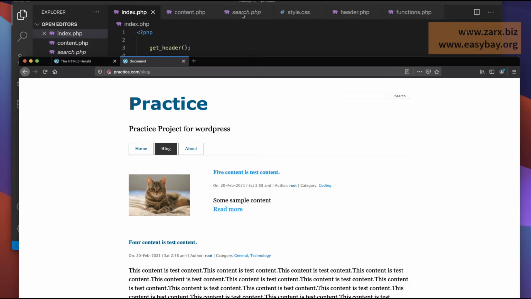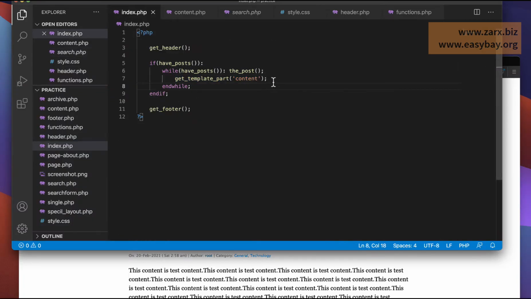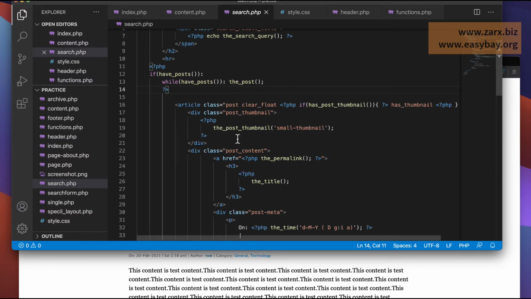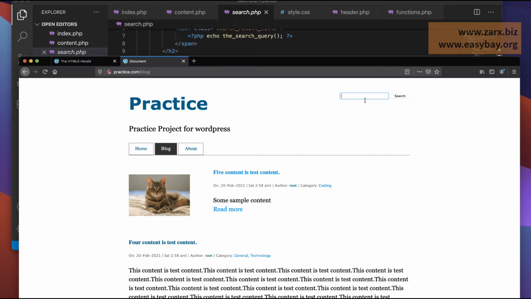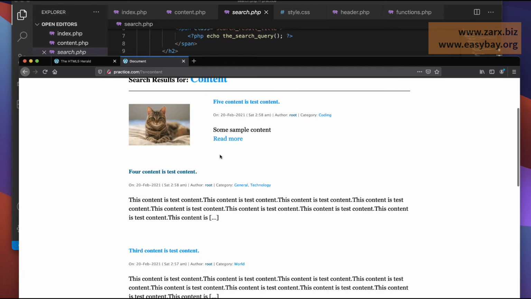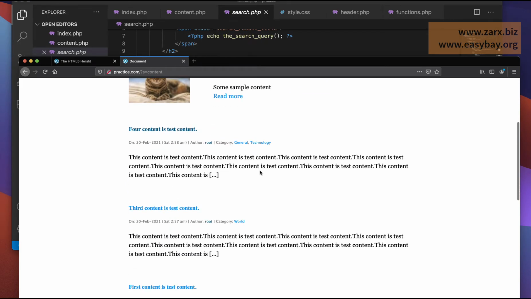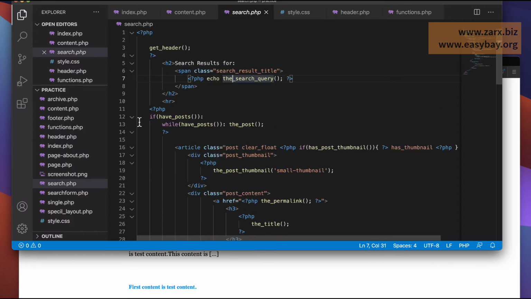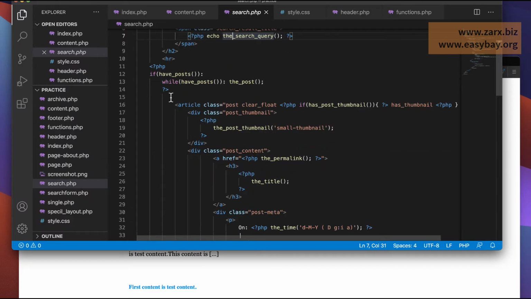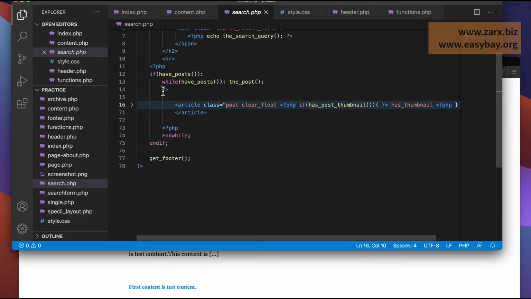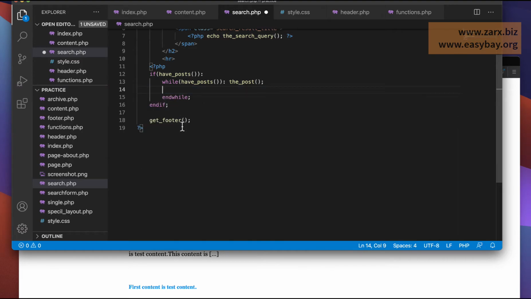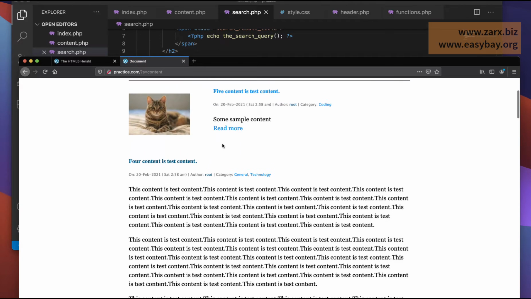So I go there, take this from here, copy, and then go to search. Before pasting it, I'm going to check how things are looking in search. So I go to content, search. We have the content coming the same way but as an excerpt. So here our loop is starting. From here I'm going to cut this article as well as this PHP tag, and here I'm going to put this. Now if I go to the file and refresh, you will notice that